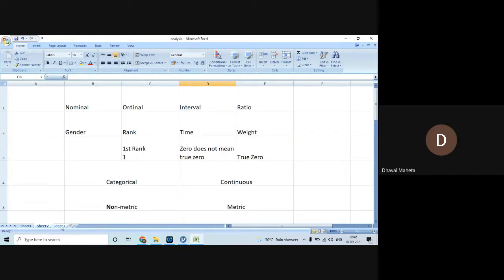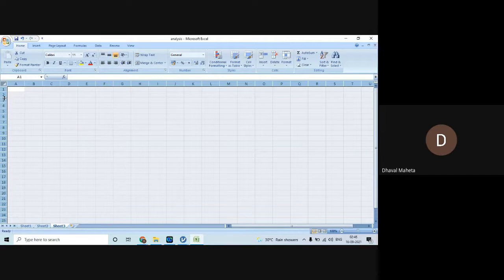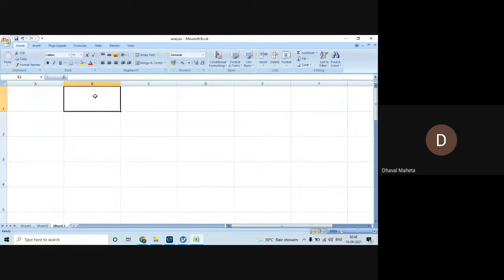Now, the data has only two scenarios: metric and non-metric. In non-metric we have nominal and ordinal, and in metric we have ratio and interval, also known as scale variables.